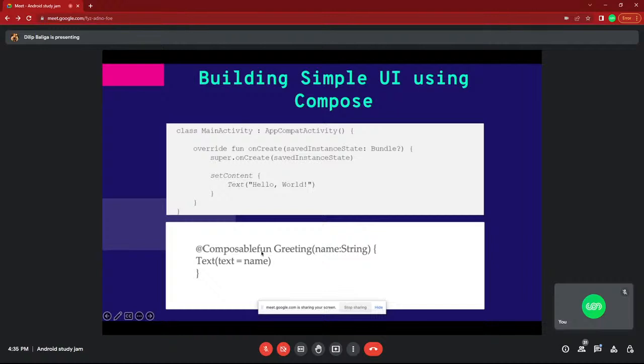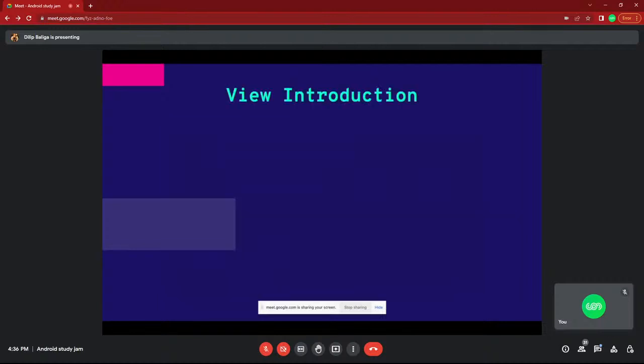And just give an extra annotation, @Composable. That's it. Create a simple function, and with the @Composable annotation it becomes a composable. And inside it you can create whatever view you want. For example, this function has a simple text view. Text(name) means I am printing the text. I'll go through the example also. Now I'll go to the theory part.